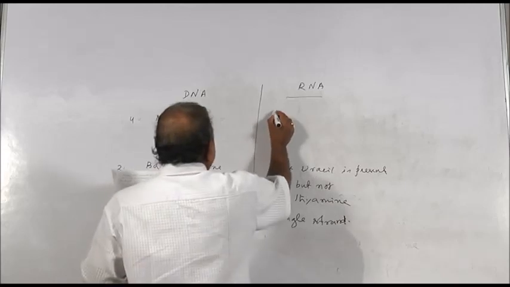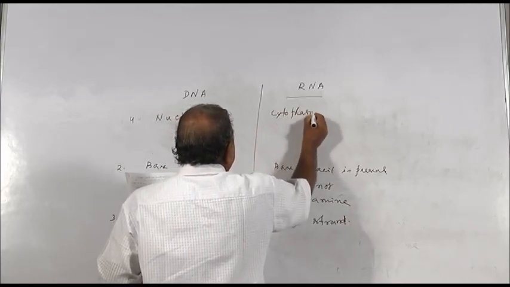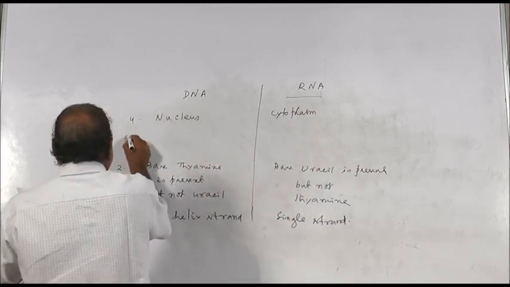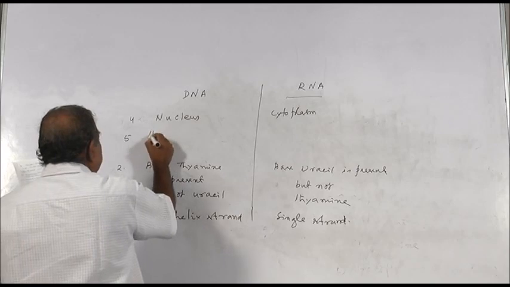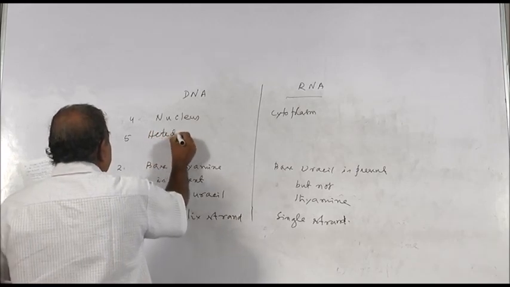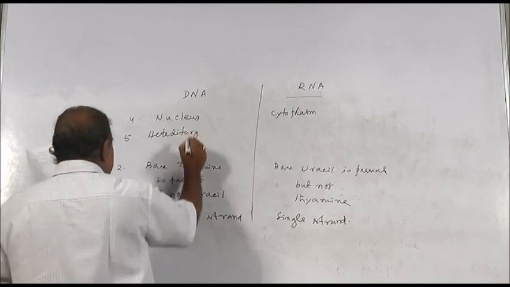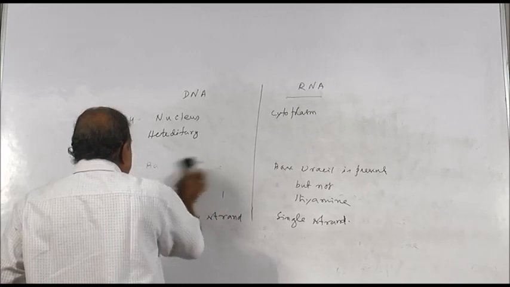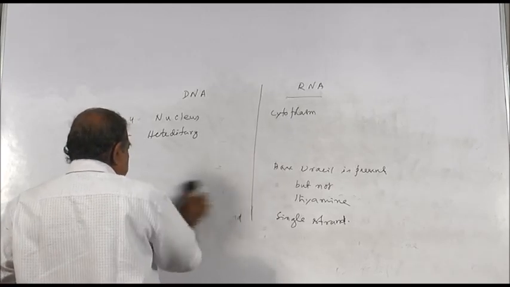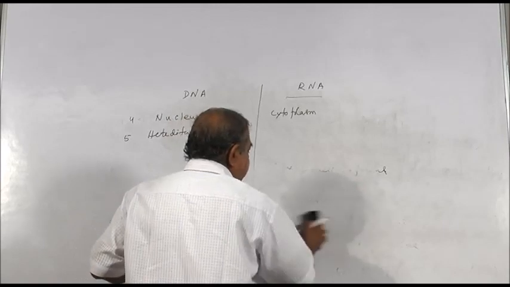RNA is present in the cytoplasm, that is outside the nucleus. Fifth one, DNA is responsible for hereditary information from parents to the offspring,